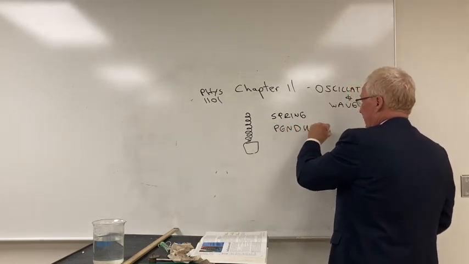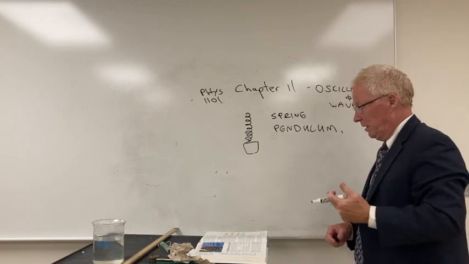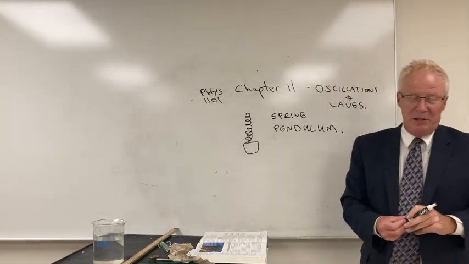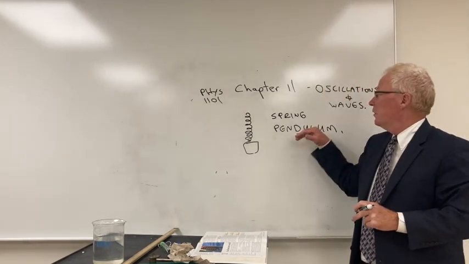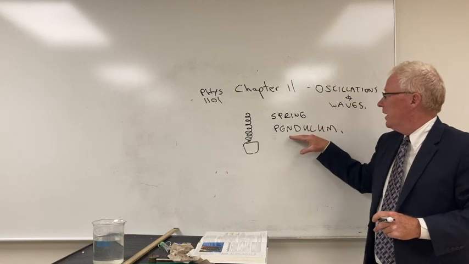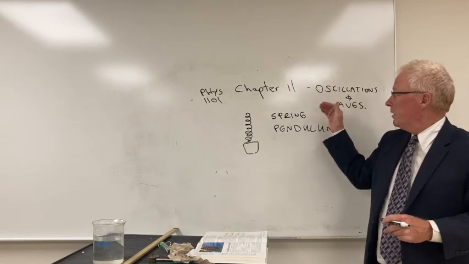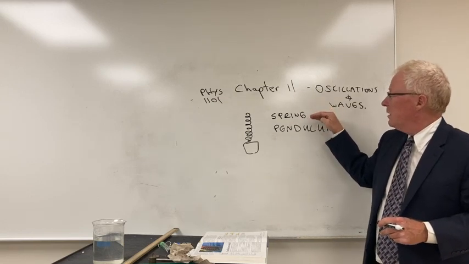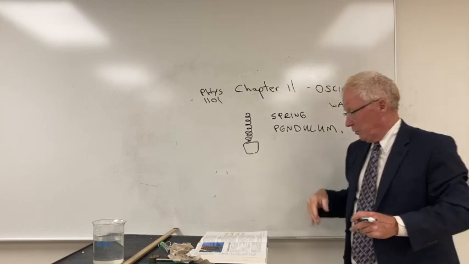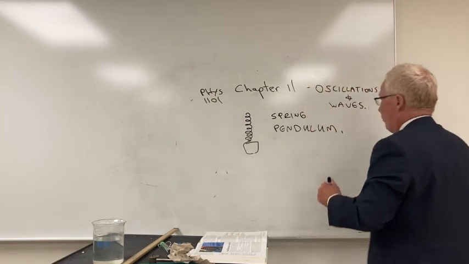Much like back in chapter 6, we talked about the kinetic energy and potential energy of gravity. We had the spring and we had the pendulum. One is based on the force of a spring, the other is the force of gravity. So back on the spring,